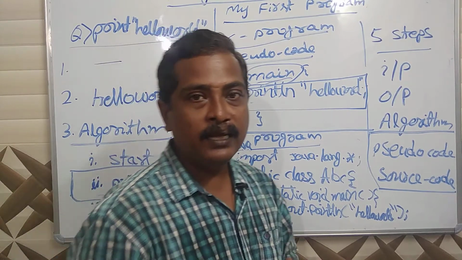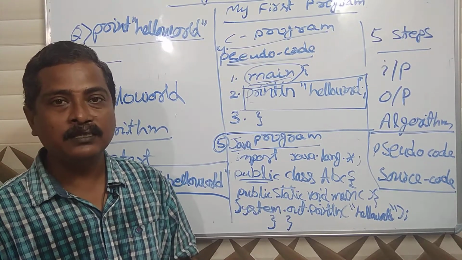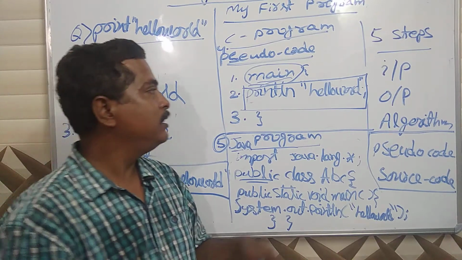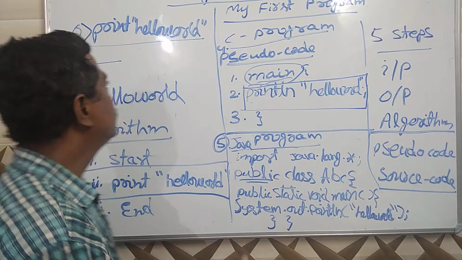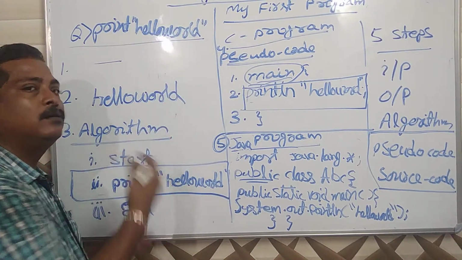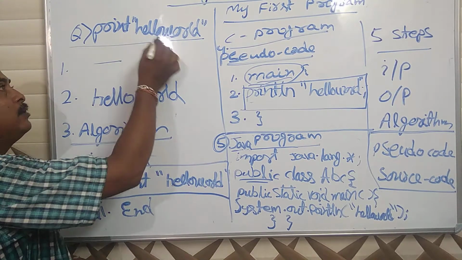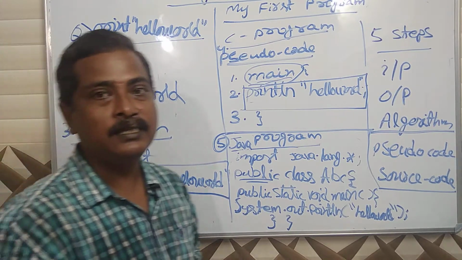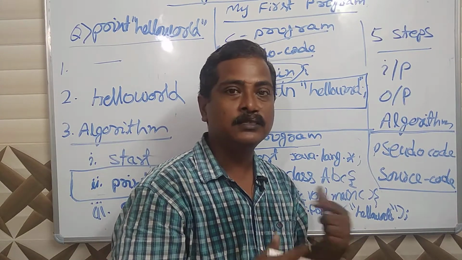When we are learning a language, initially what we are doing? We are printing our name, father's name, mother's name, like that. You print your name, your father's name, your mother's name, your friend's name, your house name. So you can change here, print your name. You print your name, print father's name, print house name. So like that you just print these things. So you write C, C++, Java, anything.